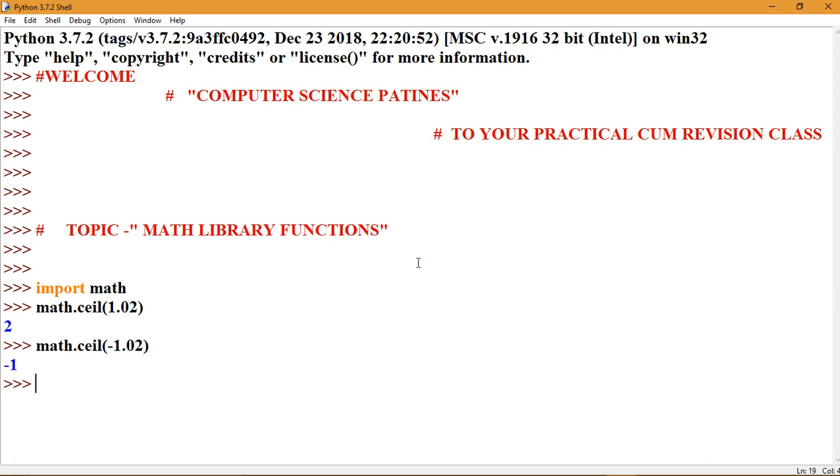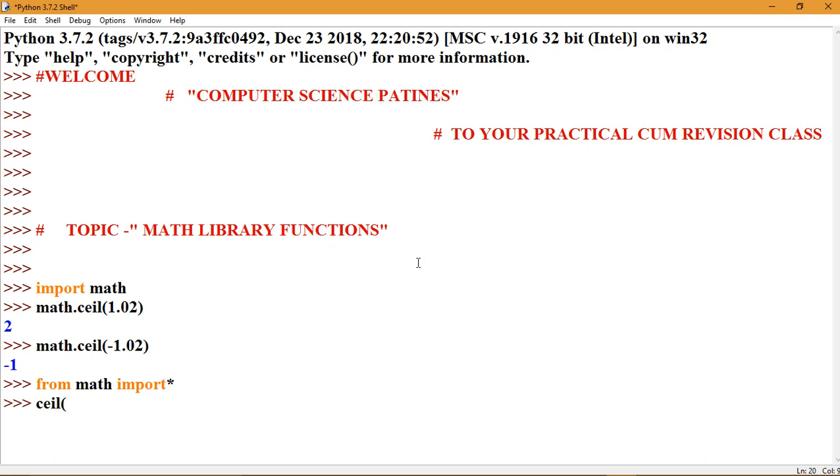See, every time if I need to write math dot this function, math dot this function, then it is a little bit problematic for me. Let me do something else. I will import all the functions of the math module, and then I'll just be naming them with the argument, and it will get executed. So from math import star. Star means all, from the math module all functions I'm importing here. Now I need not write this math dot every time. So this is another method.